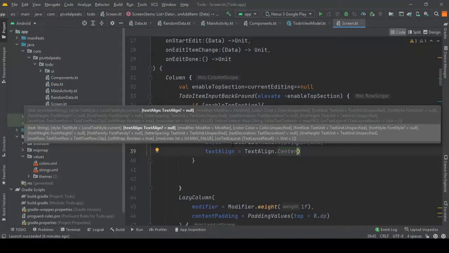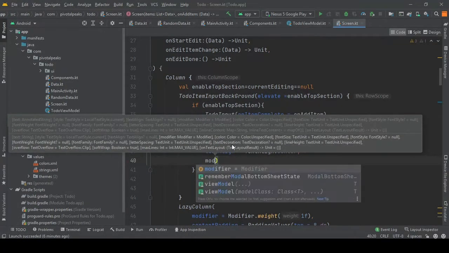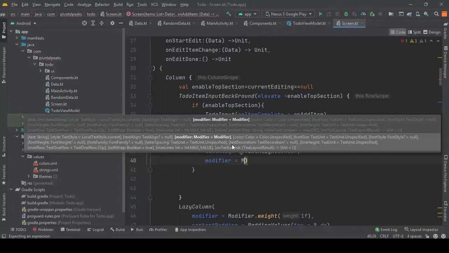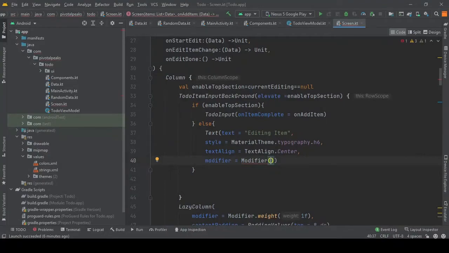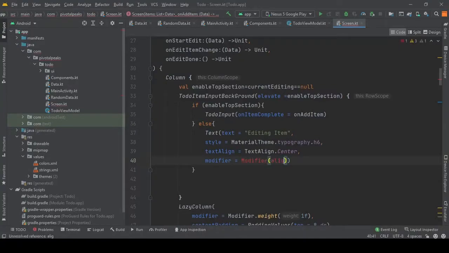And let's give it some modifier. So modifier, and yeah, let's pass some parameters. So again align, and I made the mistake.